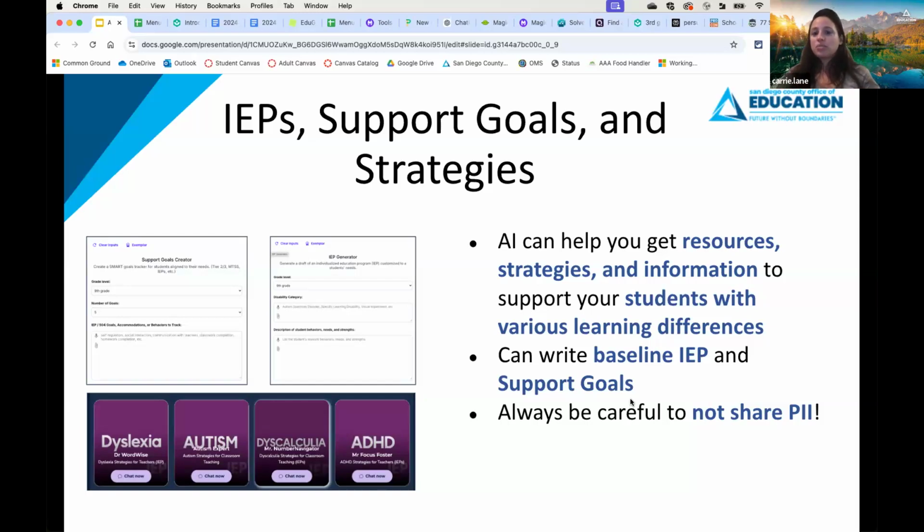Additionally, with this, you want to be really careful that you don't share any identifiable information for your students. You want to just use this as kind of like getting information that can support you as you create these IEP or support goals. Or if you are a classroom teacher who has students that already have IEP goals, to better understand ways to use it.